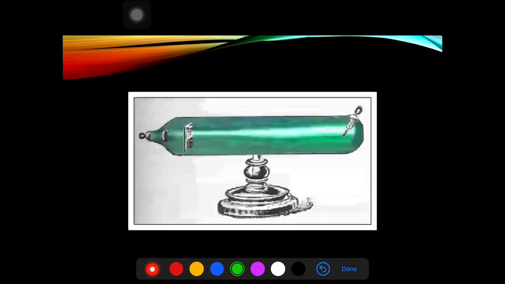This is what a cathode ray tube looks like. And like Dalton, it is filled with gases. They were studying gases at the time. You pump basically electricity into it, and the cathode rays go through. When you hold a magnet up to it, he discovered that these cathode rays bent towards the magnet. Now, here's an example of what this looks like. So there's the magnet held up to it, bending the cathode rays.